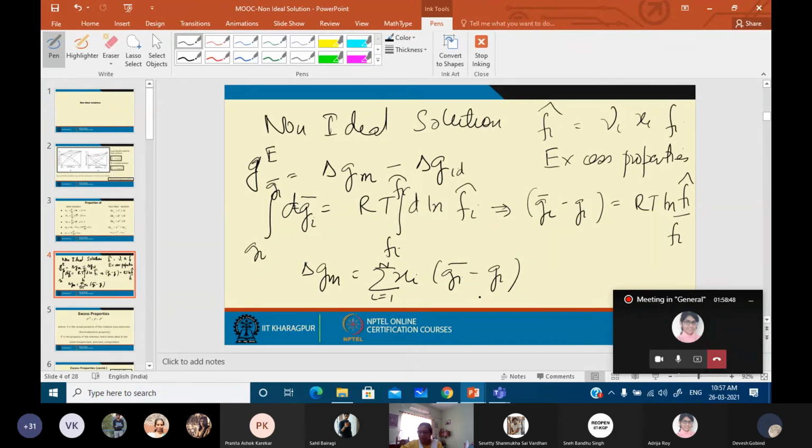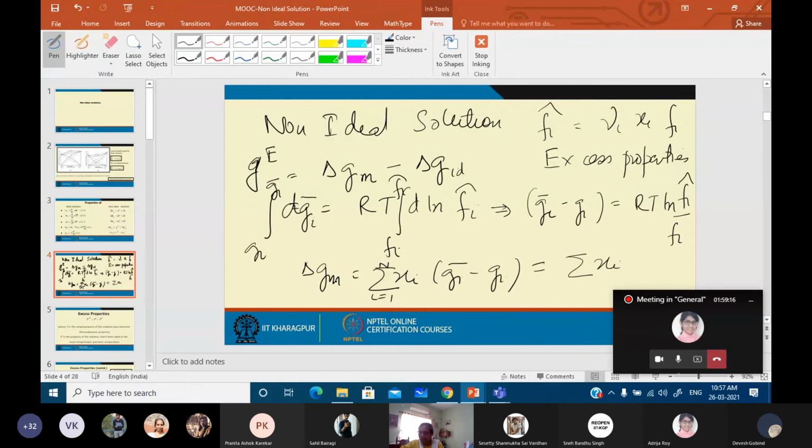Is this part clear to you? The property change of mixing was simply the summation, for each and every component, of the pure component property minus the partial molar property. Do you agree with me? Yes, ma'am. So therefore, this Gi bar minus Gi is what? This. So therefore, can I write it down as this?